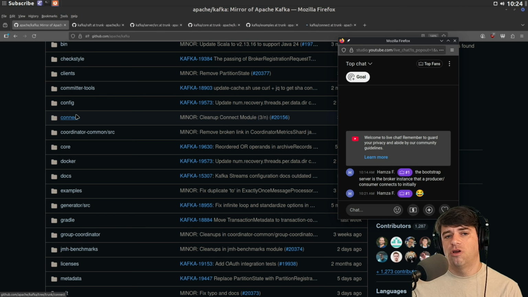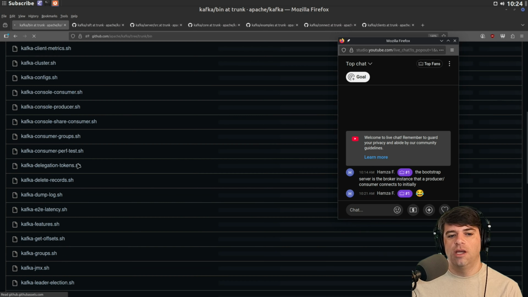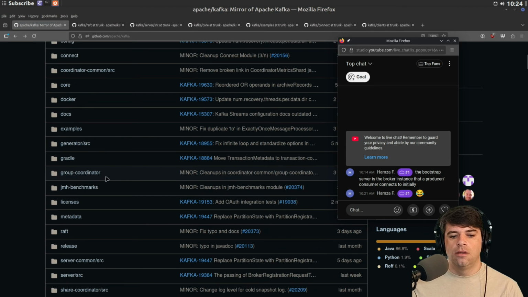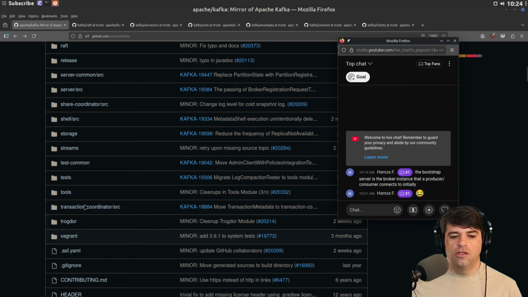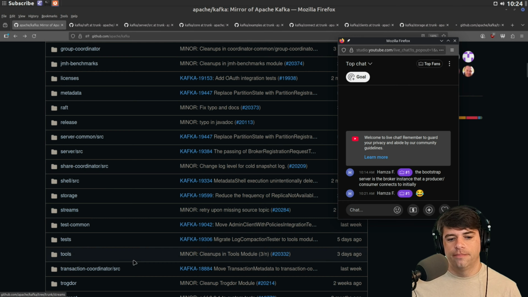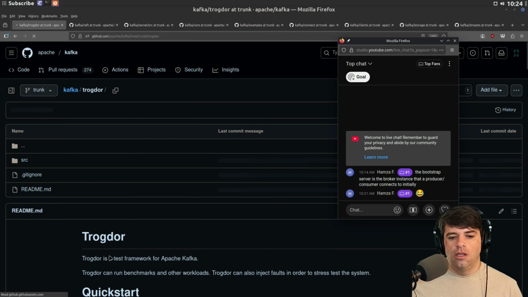Connect, probably not the most important. Clients, I don't know. Bin, could go either way. These are shell scripts. And what else? Storage and streams might be cool. And whatever Trogdor is, a test framework.